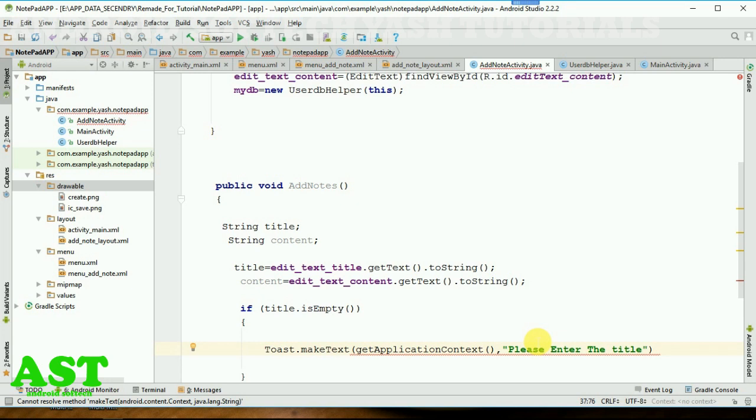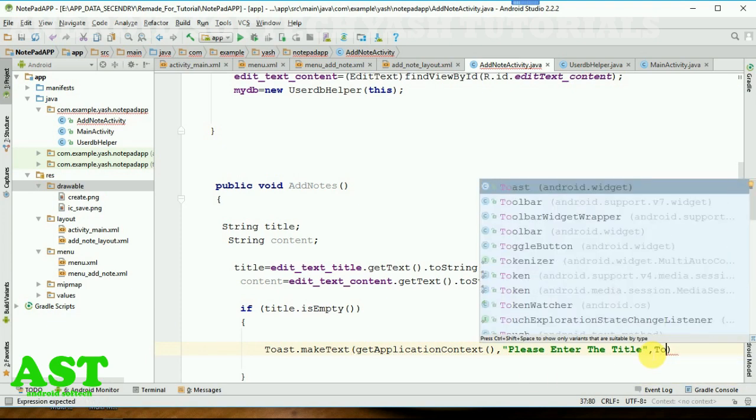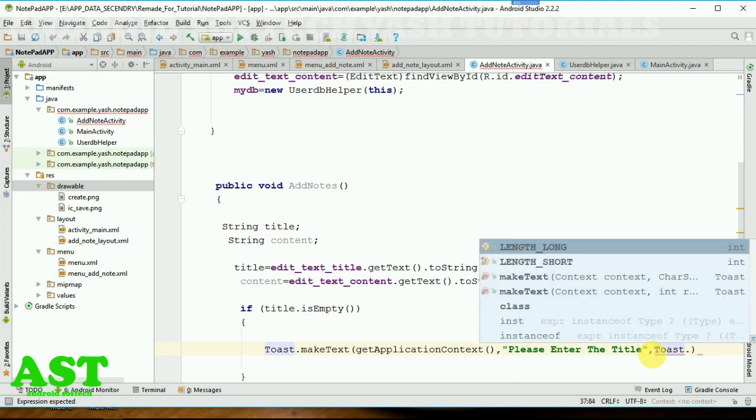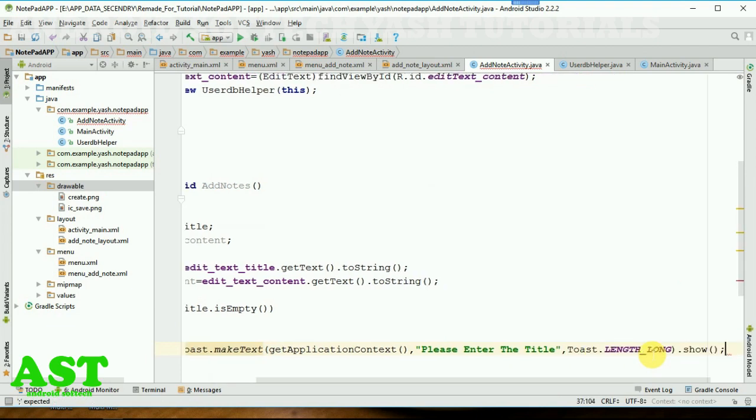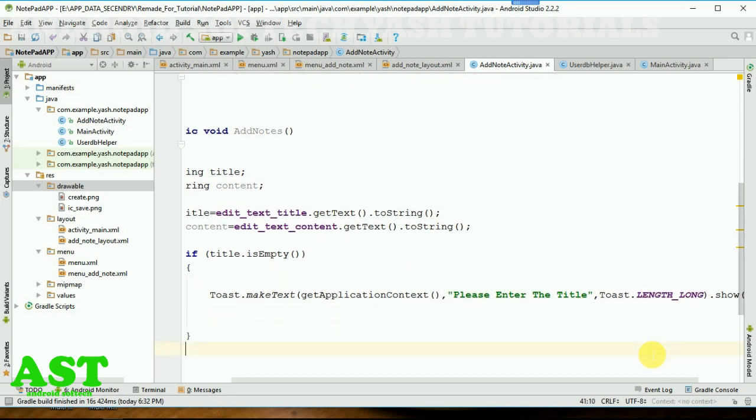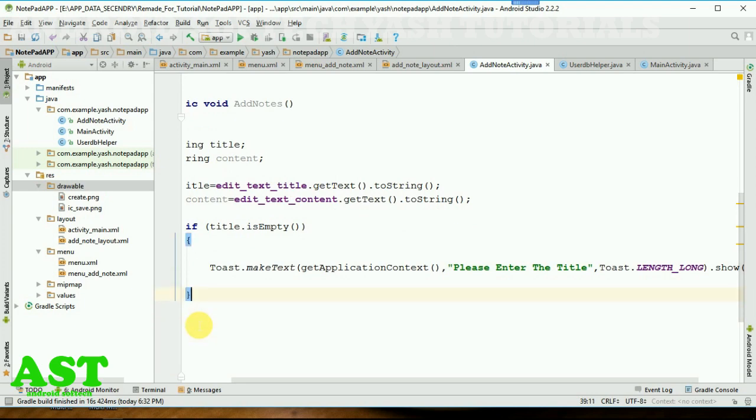I think guys you are understanding now what I am doing here. If our title edit text is empty, then it will show a toast message, please enter the title, then you can save. Else, in our else statement, else if